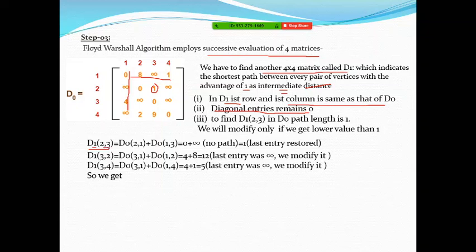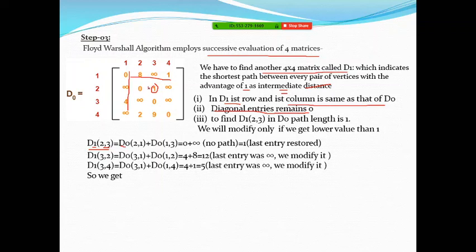So D23 means, do you want to take help of 1? So what does it mean? It is D naught. D1 we will write in the next phase. So in that D1 entry is 2 3. This row will remain the same, this row will remain the same, diagonal entries will remain the same.